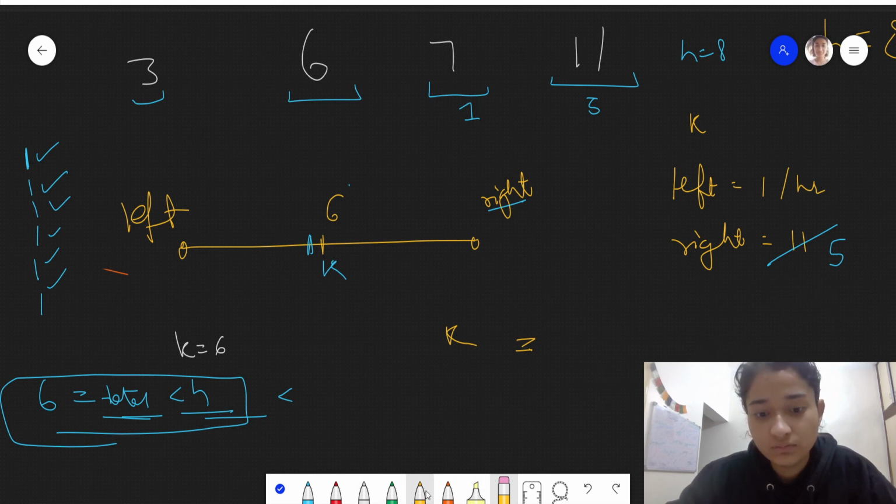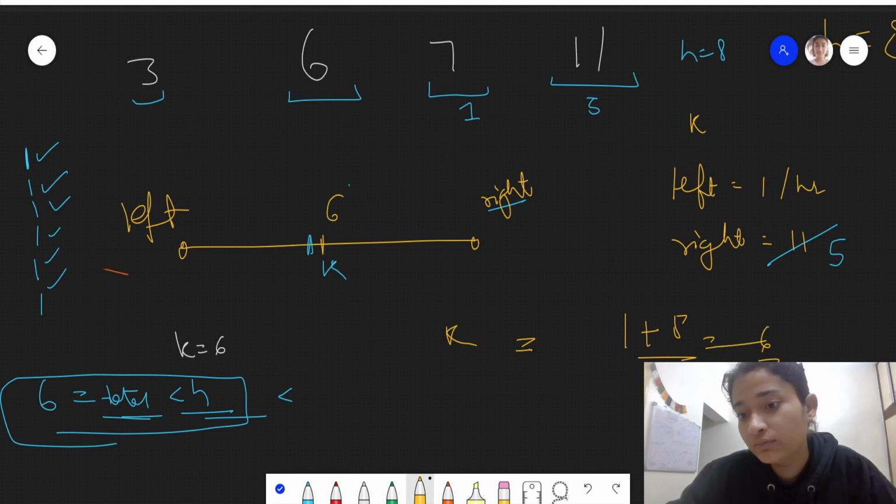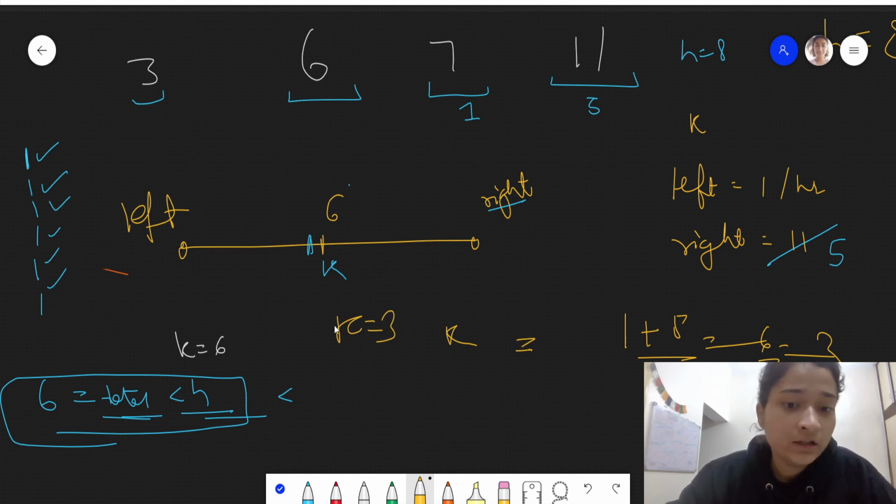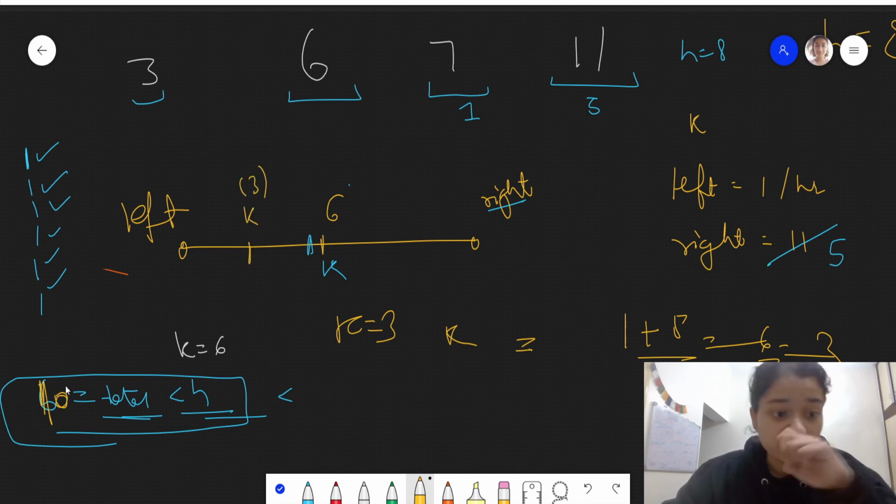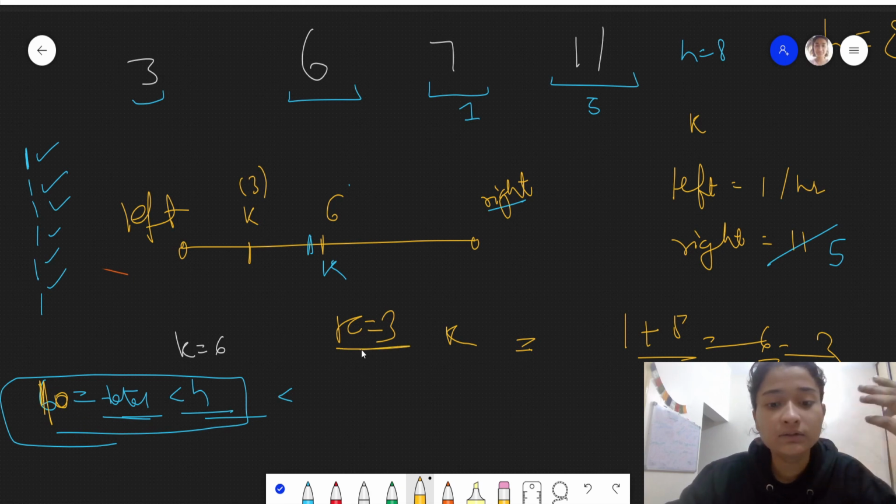Now again we will calculate mid. So mid will come out to be 1 plus 5 by 2. This will be 6 by 2, 3. So k we will take as 3. So we earlier calculated for 3. For 3 total hours were coming to be 10. So now k is over here, which is 3. Now 10 was very big. We have to complete in 8 hours, but 10 was very greater, right? So we have to increase the speed of Coco eating bananas per hour.